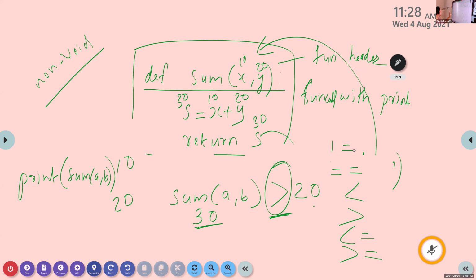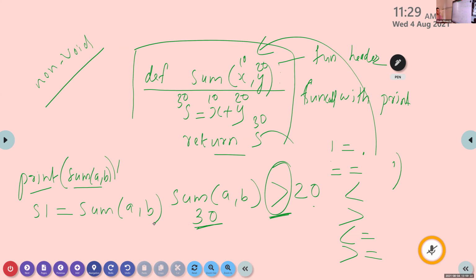Okay. So these are the three options that are used along with function call statement. First option is we can use function call statement along with print statement. We can use function call statement with print function or print statement. That is a normal statement. The second option is we can use function call statement along with variable or assignment operator, that is S1 is equal to sum of A comma B. We can use function call statement along with variable and assignment operator.